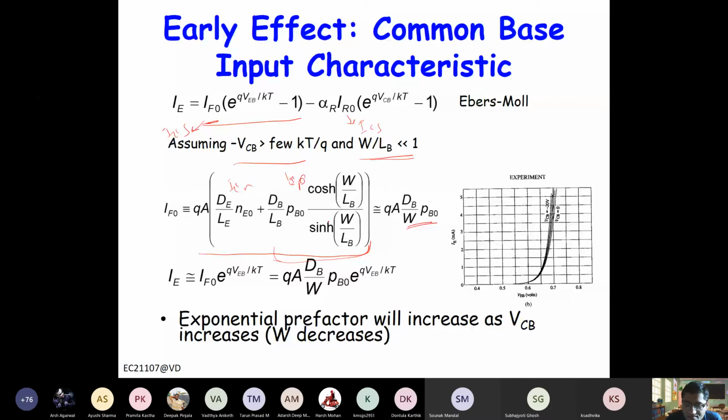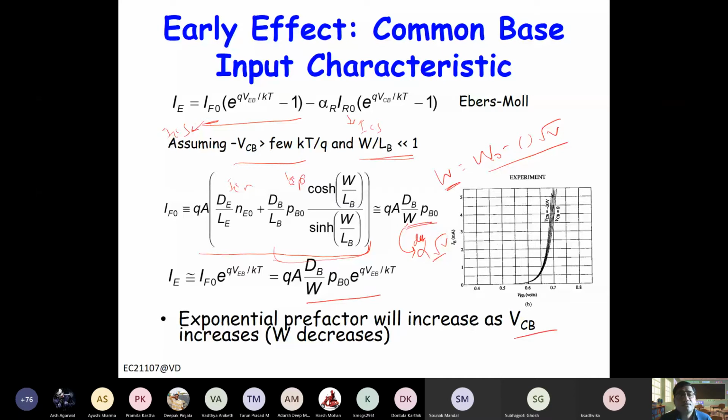And the depletion width is proportional to the square root of V. So as you increase the voltage, your width is decreasing, right? So you can write W as W naught minus a term proportional to the square root of V. As you apply the voltage, this W is decreasing. And with that, you can see that the current will, of course, increase as you apply more reverse bias.